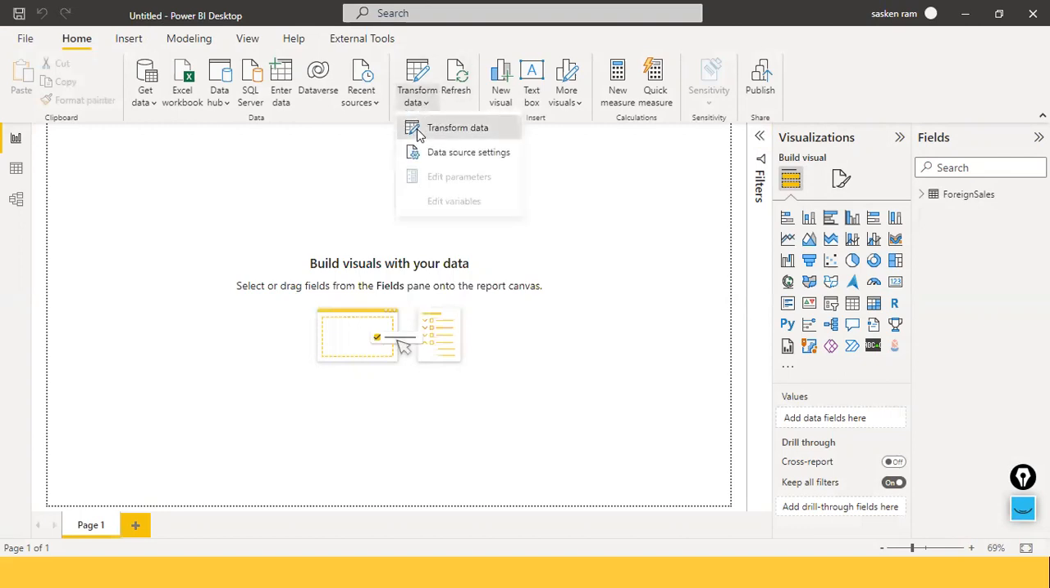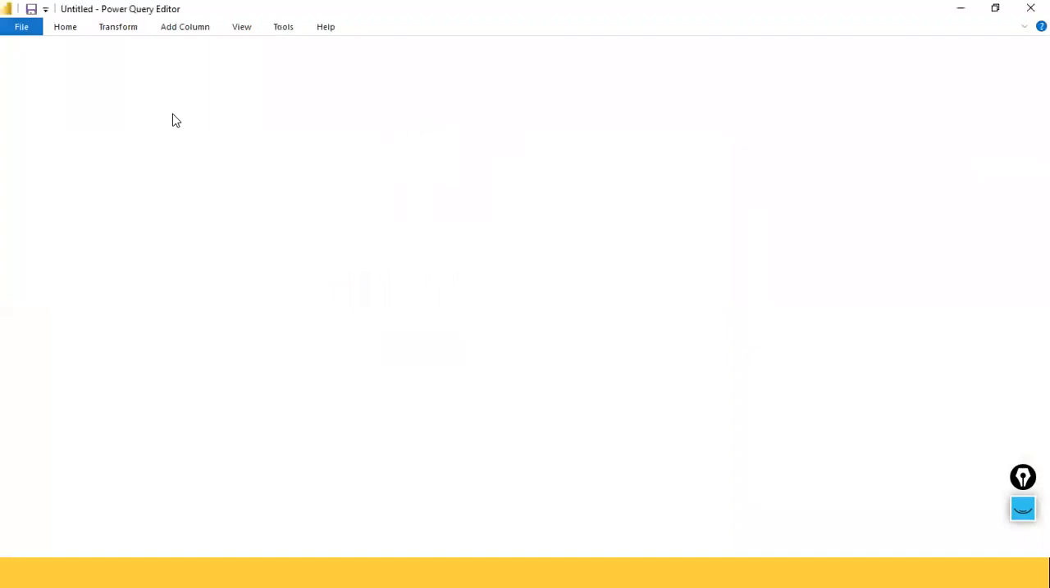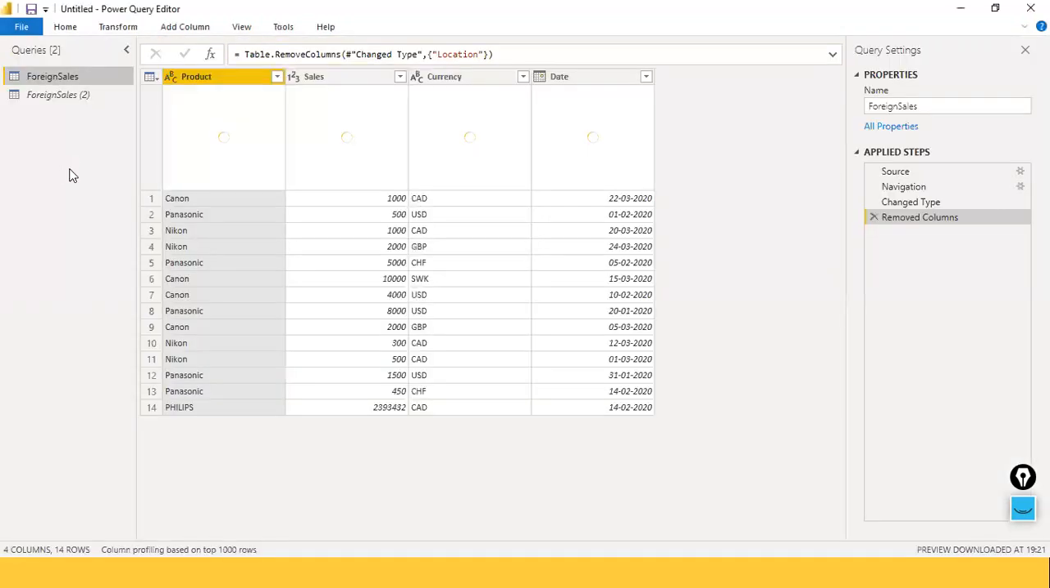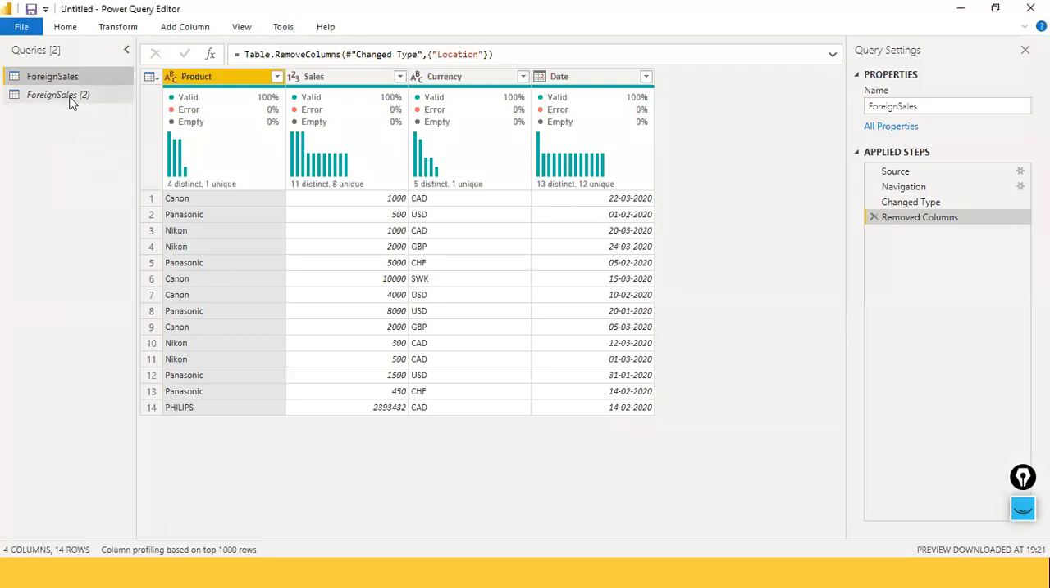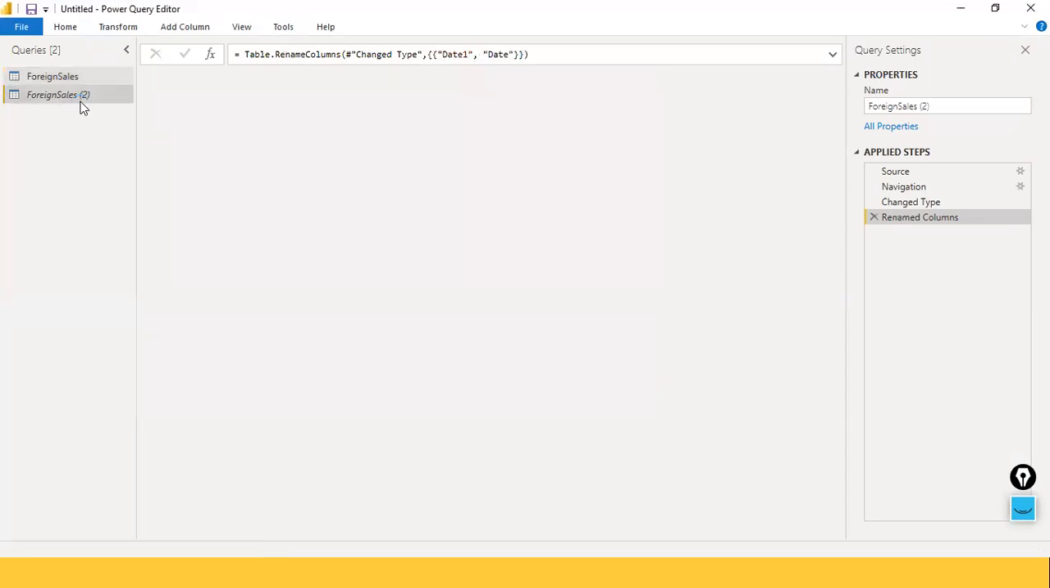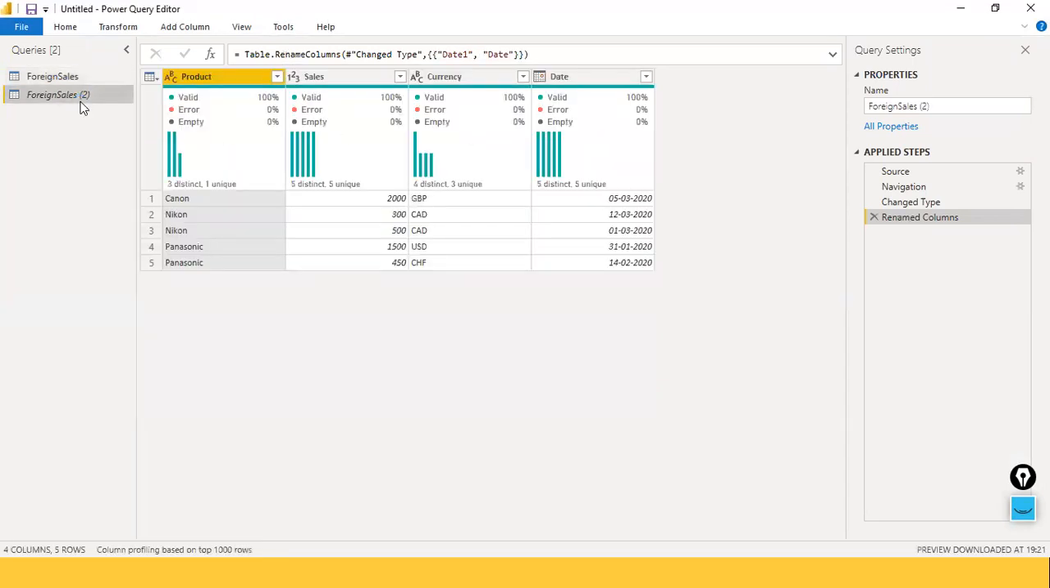Here, when I uncheck the enable load, the result provided by this query is not available for your report builder. Or else whatever the other queries depending on this one, it will not be available. Okay, in the sense,